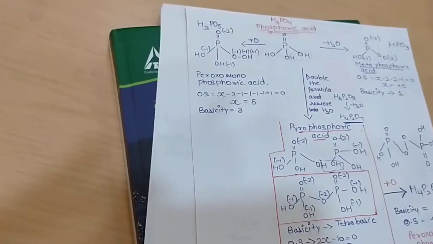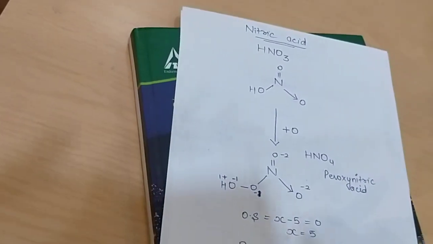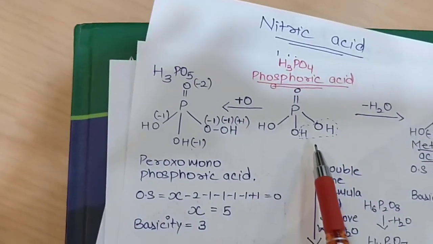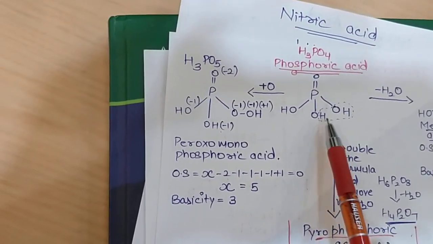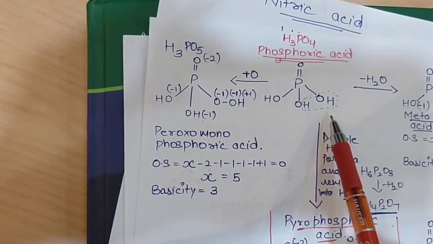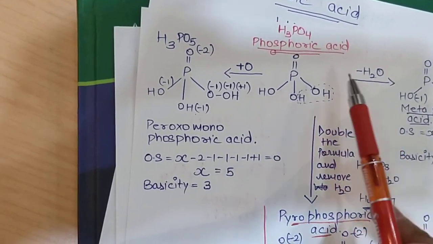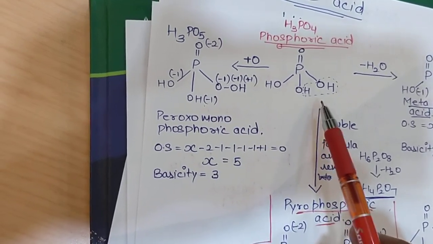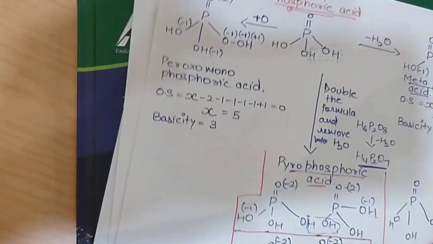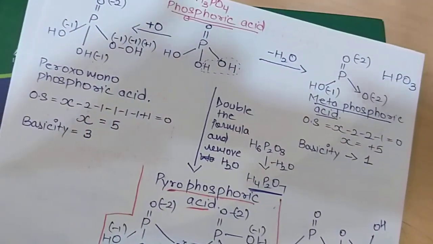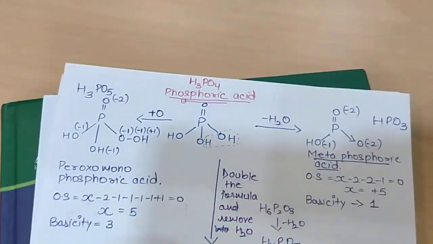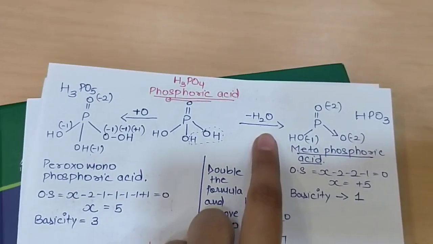Next we want to generate other acids which will be generated from phosphoric acid. So this is the formula for phosphoric acid. This is the structure for phosphoric acid, that is H3PO4. What we'll do is, if we directly remove a water molecule from this phosphoric acid, the prefix meta is introduced without doubling. Here also we are removing a water molecule, but for the introduction of prefix pyro, we were doubling the formula. Here we are subtracting the water directly.